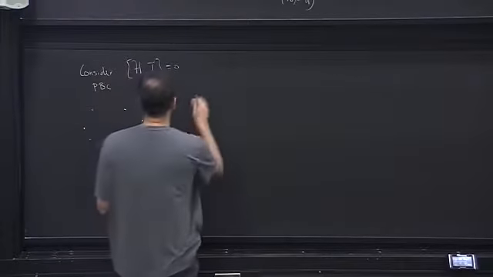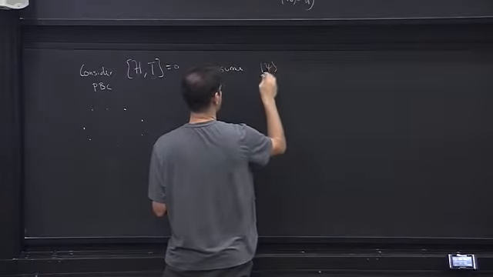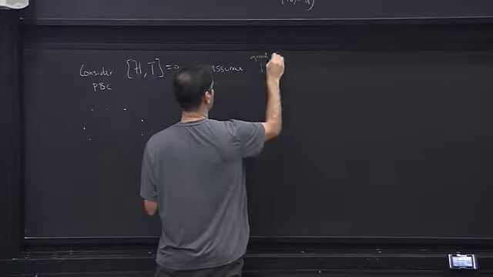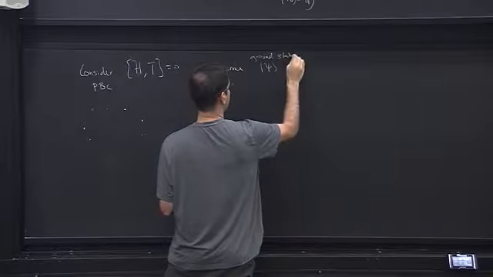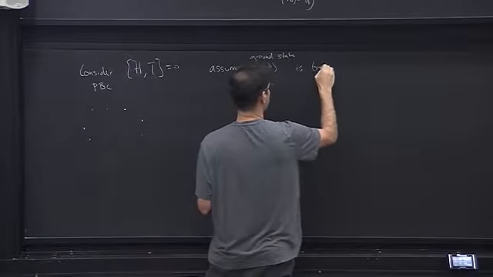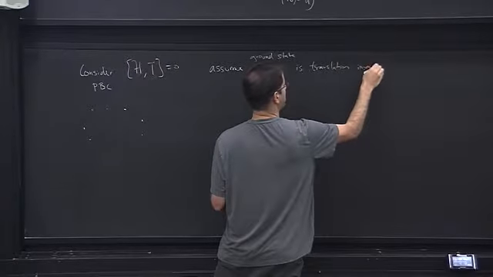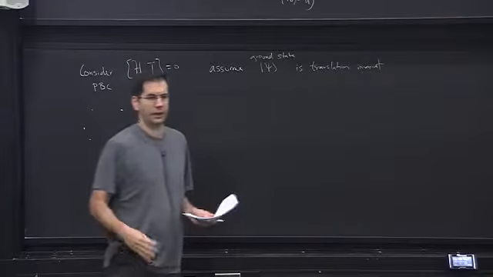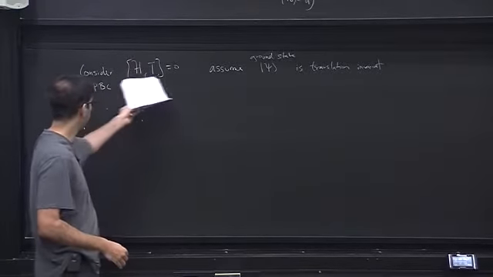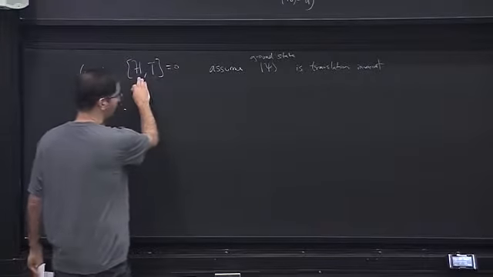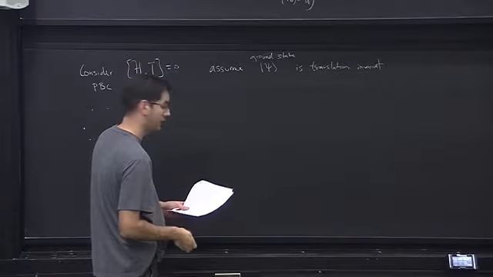And assume that the ground state is translation invariant. That basically means assume that the ground state is unique. If the Hamiltonian commutes with translations and has a unique ground state, then the ground state has to be also translation invariant. Very good. Then